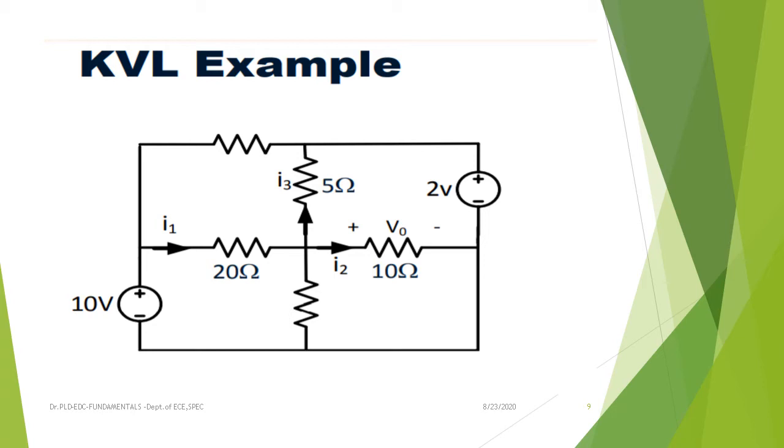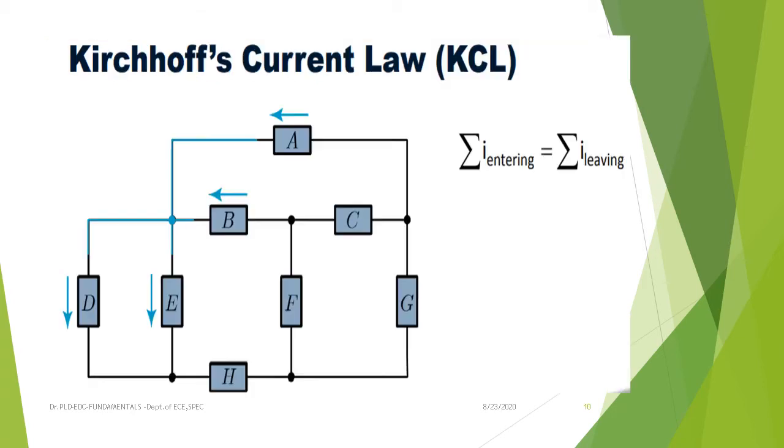My intention of showing these circuit diagrams here is for understanding of Kirchhoff voltage law notations and Kirchhoff current law notations. Coming to Kirchhoff current law, the sum of currents entering a node is equal to the sum of currents leaving from the node. Considering a node in this circuit diagram, the currents coming to this node are this current as well as this current, and the currents leaving from this node are this as well as this. That is, the sum of currents meeting at a point is equal to the sum of currents leaving from a point. In this way we can define Kirchhoff's current law.